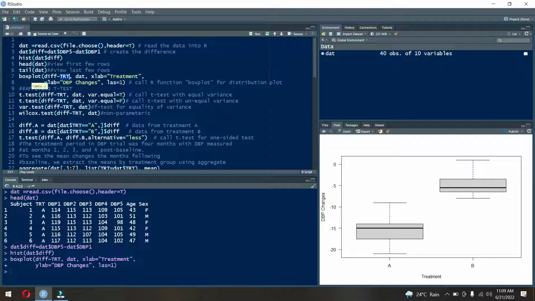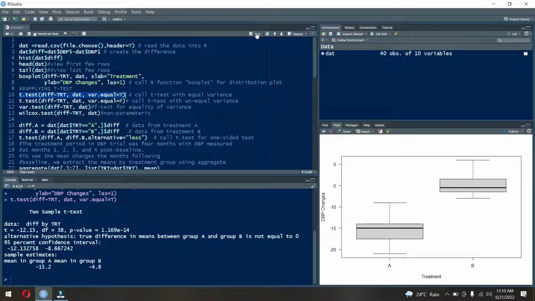and then we apply the t-test for this difference for the two treatments. Our null hypothesis is that the mean of the difference is the same for the two groups, and we are assuming that the population variances are equal in the two groups, and just see the result. You have the t statistic, and the degree of freedom is 38, which is 40 minus 2, and the p value is